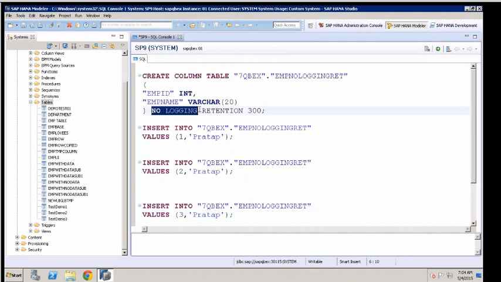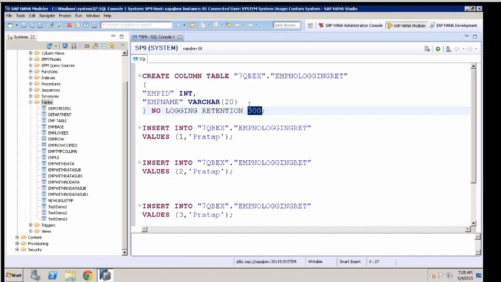In the SQL, you use this command. By default, logging is enabled. But if you want to set it as no logging, we use the command no logging, and with the keyword retention, you specify how many seconds the data should be retained. After this 300 seconds has elapsed, and when the physical memory is 80% used, this data will be dropped. That's why you say data is global but temporary.